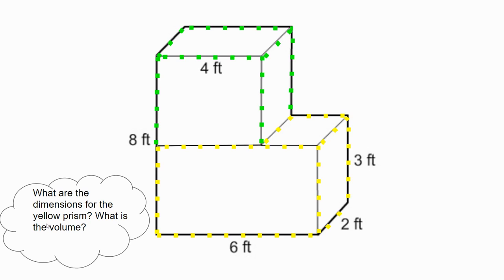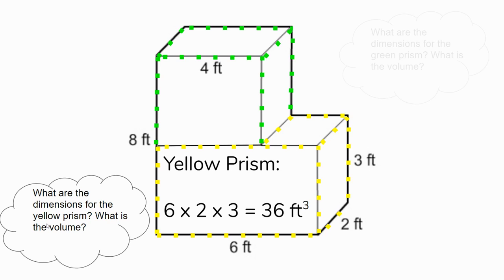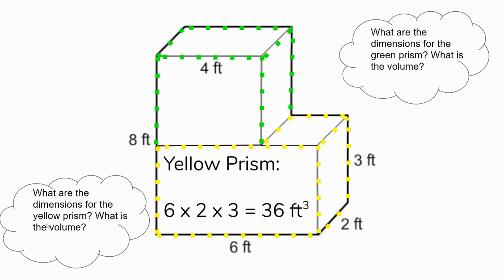You can see that they're pretty easy to find. We've got a length on the bottom, we've got the width, and we've got the height of the yellow prism. With those three numbers, we can figure out the volume. What is the volume of the yellow prism? The volume for the yellow prism is 36 cubic feet: 6 feet times 2 feet times 3 feet. So that part's done. Now all we need to do is find the dimensions for the green prism and